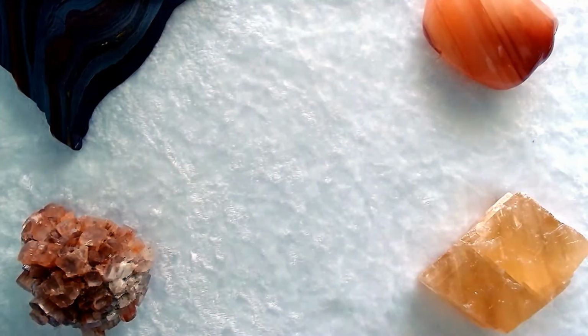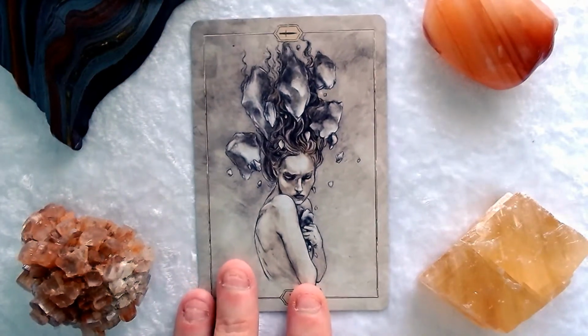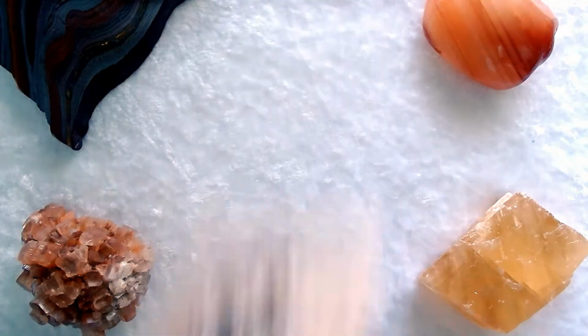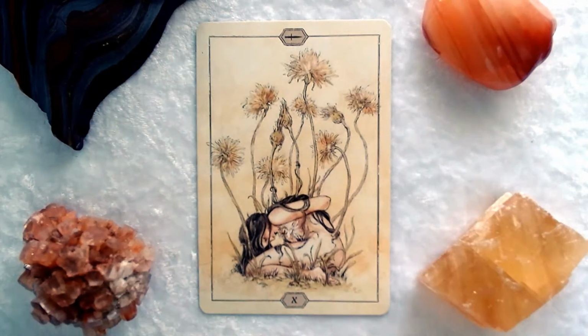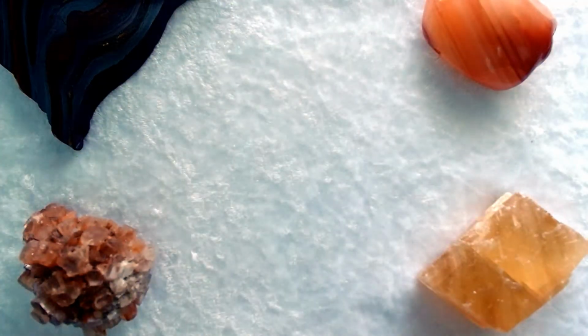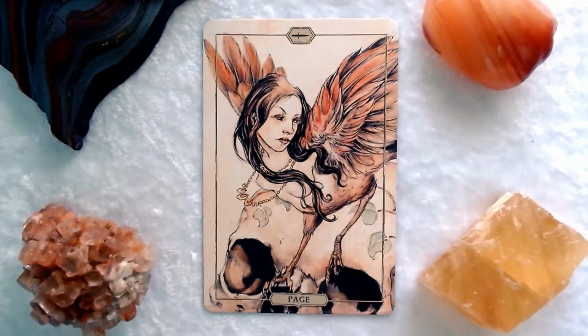The Nine is a very cool card too. Look at that. Really like that. There's a 10. So instead of swords in her back, she's got flowers growing out of her body. Powerful images, aren't they? We've got the Page,